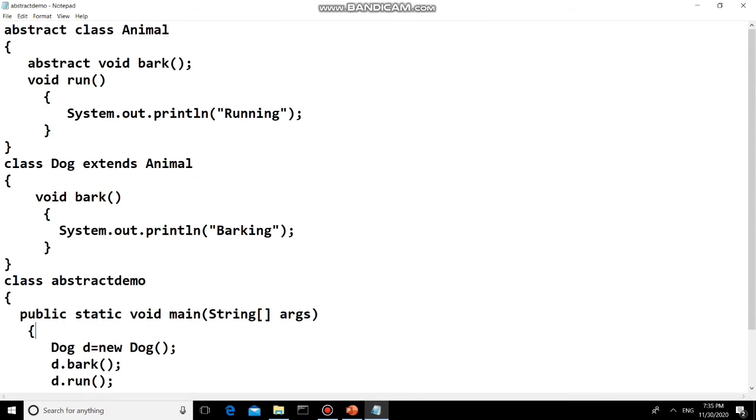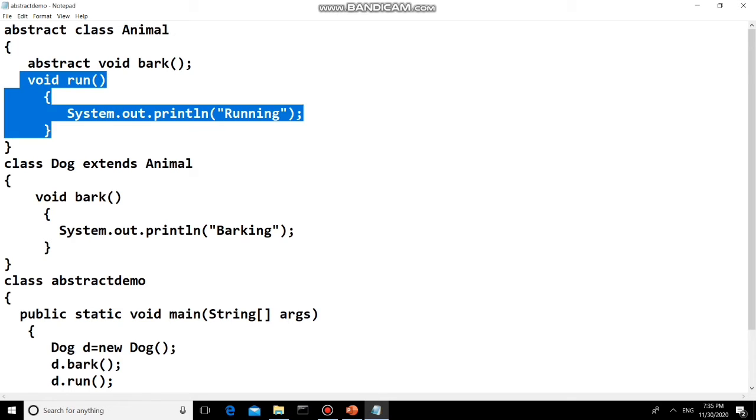Now, as I already mentioned, we can't instantiate an abstract class, so we can't create the object of Animal. So how do we call the run method?